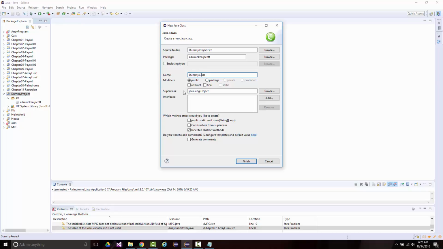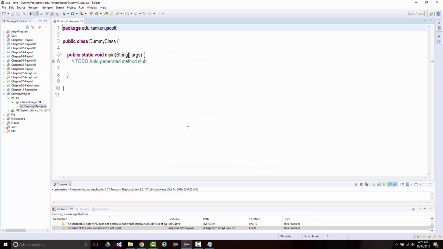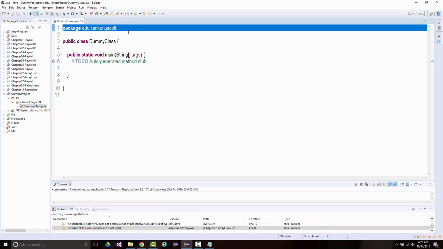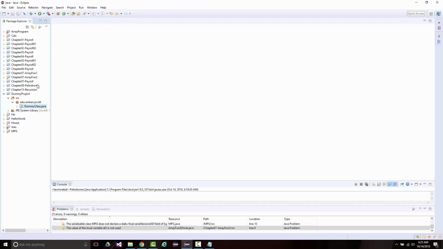Default package. Now notice this one. This is one we just did, which is the default package, but our dummy project,